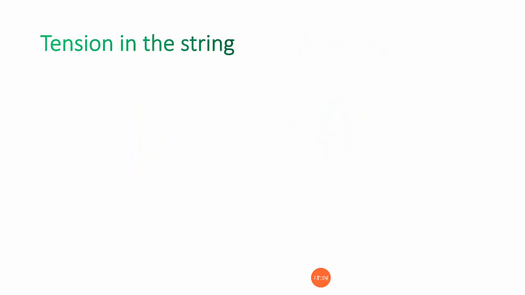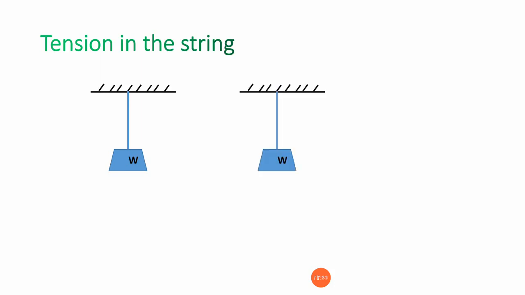Next, the tension in the string. In the tension in the string, what will happen in this case? Can you see there is a string. I haven't attached any mass to this one. So what will happen in this case? I attach the mass. It is very clear that the string is going to try to elongate in the downward direction because of the self weight of the mass. So then the tension is going to develop. In this case it's going to be shown in this way. The tension T is going to be your internal force. If you cut the wire, then T itself is going to be the external force. Then the magnitude of the tension T is equal to the self weight W.